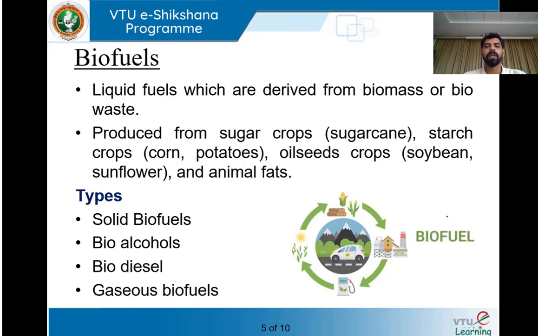wood or sawdust or grass trimmings, domestic refuse, charcoal, agricultural waste, non-food crops, dried manure. These are some of the solid biofuels which we have been using. When raw biomass is already available in the form of wood or sawdust, we can directly take it and burn it. That means combustion process, it releases heat. That heat can be used for our purpose, either to heat something or to convert that into any other form.